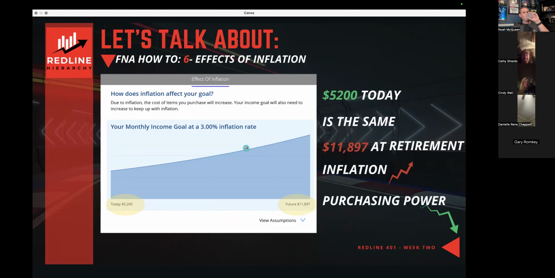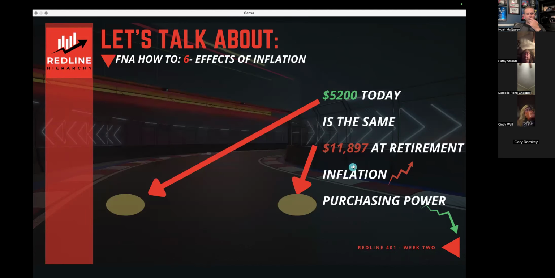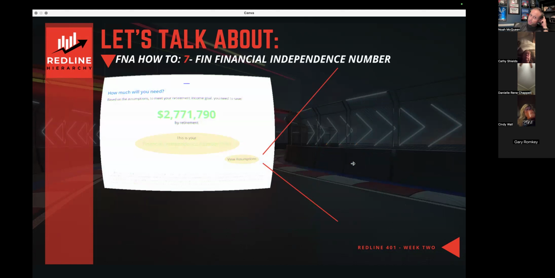And so here it is, right? That 12 grand at retirement, your inflation went up, your purchasing power decreased. So it just takes more. So Kathy, for you as the client, we have to focus on making sure that you achieve the big number or you will run out of money too fast. Does that make sense? Awesome. So here it is, right? Here's your financial independence number,